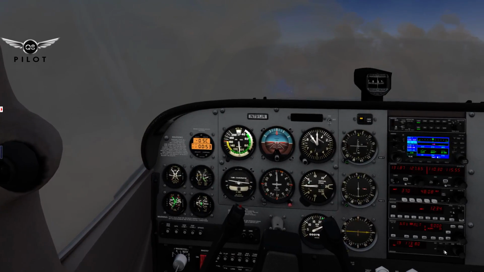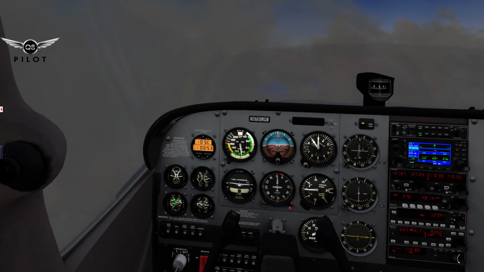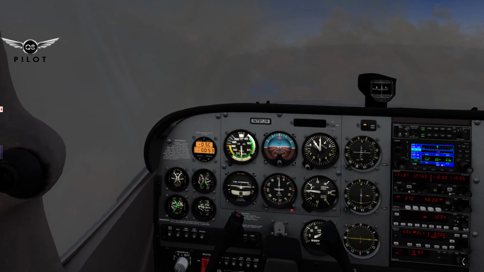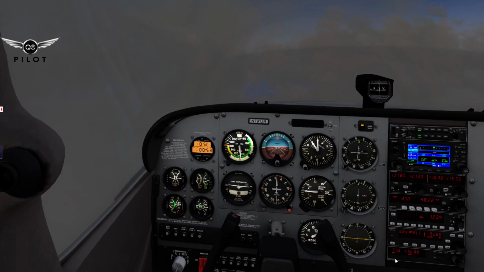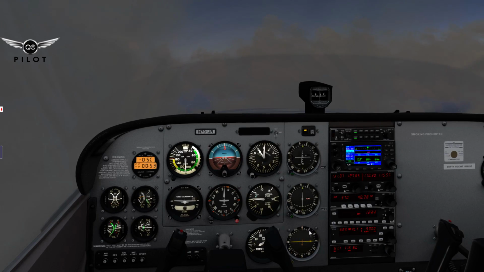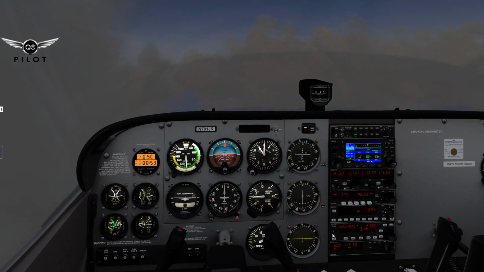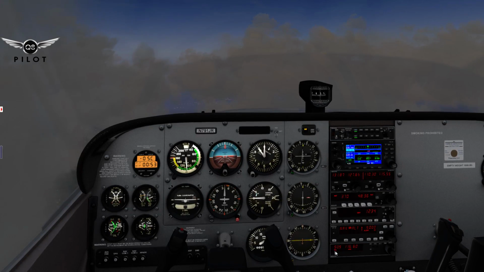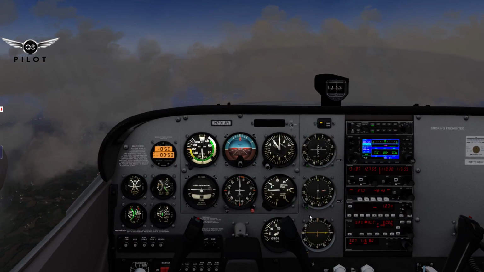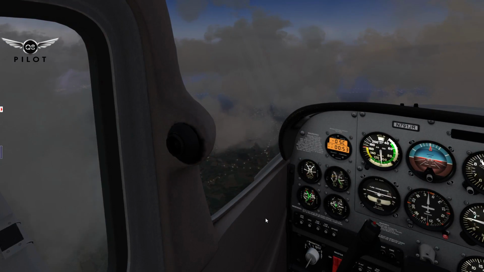Alright, let me change this frequency here to 116.6. Okay, so that puts us at about 51.2 nautical miles from Linz Airport, because that's the VOR station that is positioned at Linz Airport. So, at about 40 nautical miles or so from Linz, we will begin our descent,